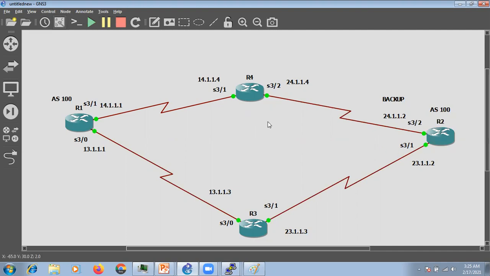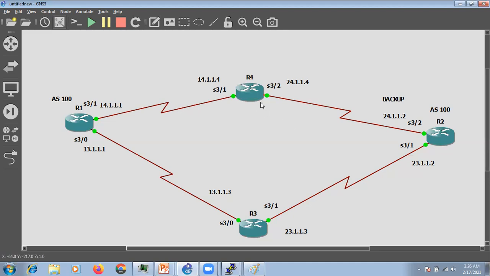So in that case, when R2 sends the traffic to R4, R4 will know, right? And R4 already knows how to reach that 20 network. In the old days, there was a concept of synchronization. What synchronization says is, let's say R1 advertises the 20 network to R2. To avoid this black hole situation, R2 will first check if it is receiving the same route via its IGP or not.